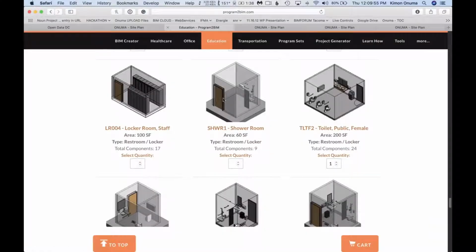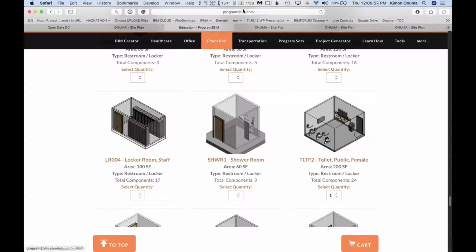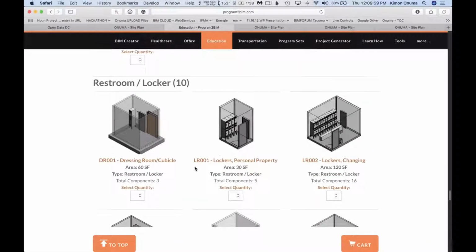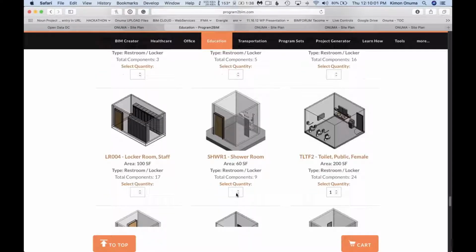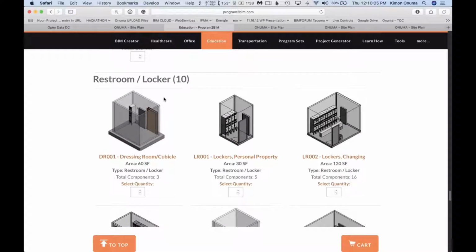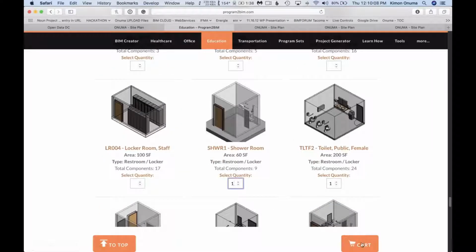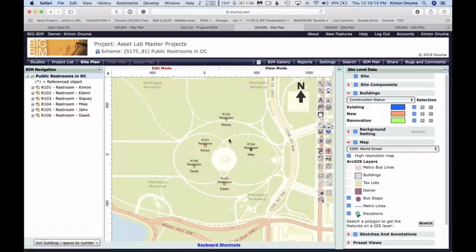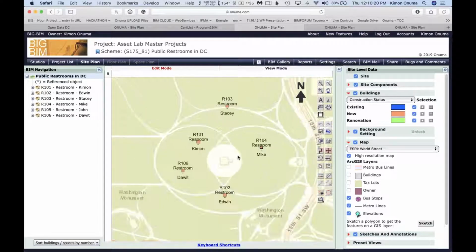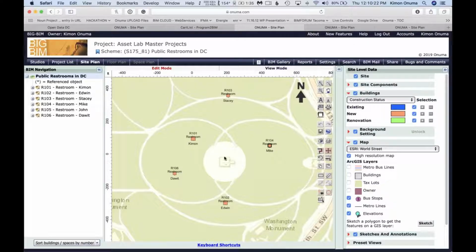So we had these students actually go into programtobim.com and basically build a BIM on the fly. We call this a shopping cart, where you select, okay, we want a restroom or a classroom or whatever, or even an entire airport, and you go to a shopping cart and you order the restroom. You say, we need a public restroom in this location. And you submit that, and then what we did is we aggregated each student's input, and we landed it around the Washington Monument. We said, can we put these restrooms around?